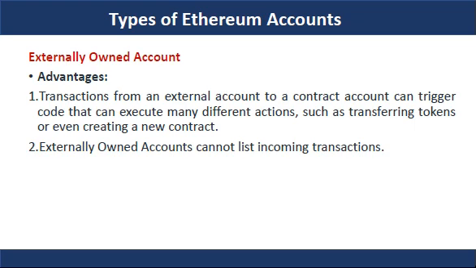Okay. So let us look at the types of Ethereum account, which is important to understand here. So the first is the externally owned account. This is the most basic type of Ethereum account. It functions similar to the Bitcoin account, and a private key controls the Ethereum address of the externally owned account. A person can open as many externally owned accounts as required, and it is created whenever a wallet is created, and it is made with a private key that is required to access the externally owned account to check balance, send and receive transactions, and establish the smart contracts.